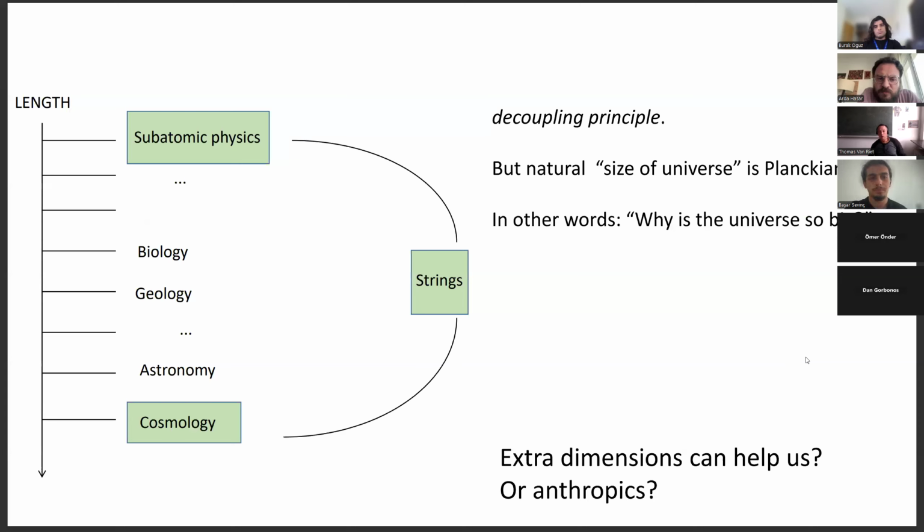What I'm trying to say with this is that if I'm an astronomer, a geologist, or a biologist, I can work on my scientific field without having to know the physics at the smallest energy scales, right? A biologist doesn't need to know about QCD. A geologist doesn't need to know about QCD. An astronomer for sure doesn't need to know about quantum gravity. But suddenly, a cosmologist, a person who looks at the biggest length scales in the universe, suddenly needs to know about subatomic physics. That is what the hierarchy problem is telling us.